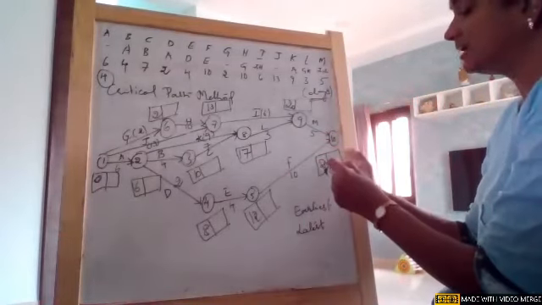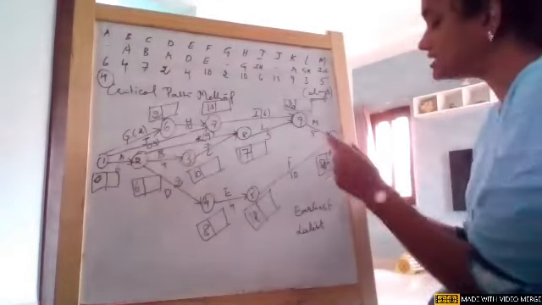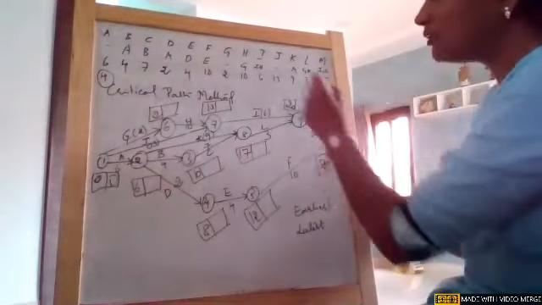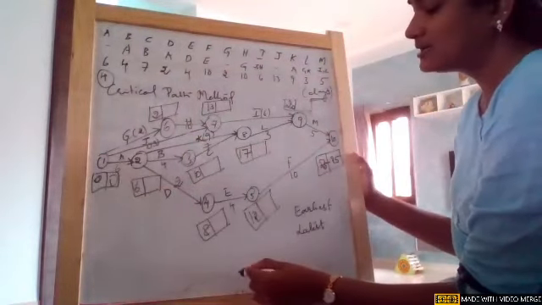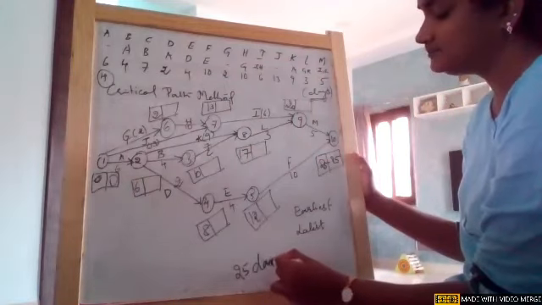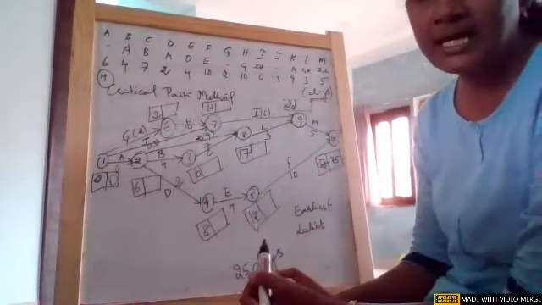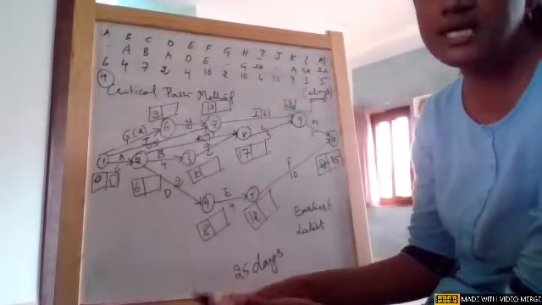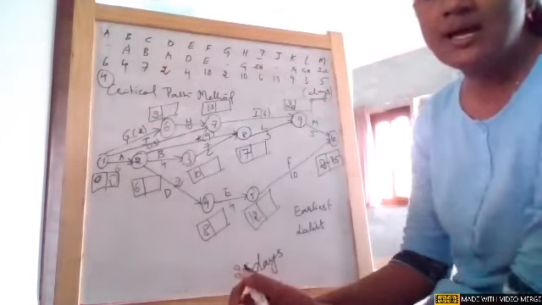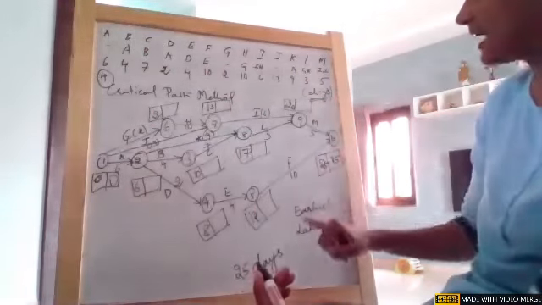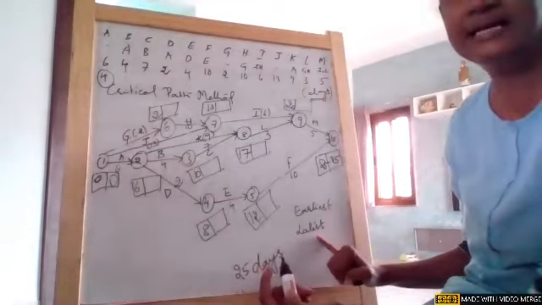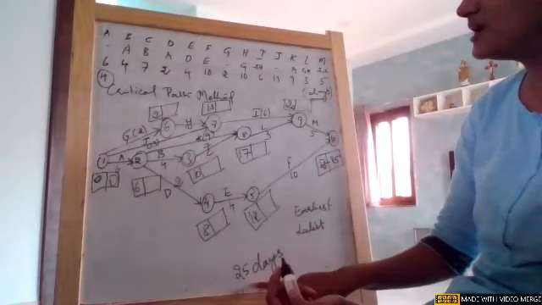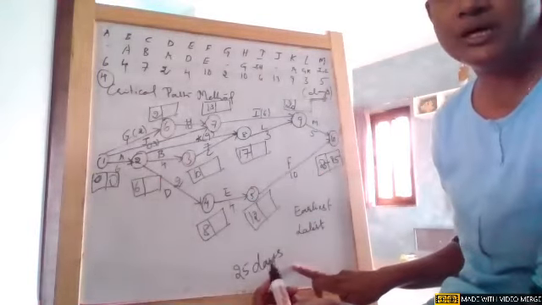So whatever is coming here as the earliest time, the first node and last node, both will be the same, girls. 25 and 25 and 0 and 0. So now with this particular thing, we can say the project is taking 25 days. They just gave different durations for each activity, girls, but there is no conclusion to say how many days the project is going to take. But according to the current scenario, when I calculated earliest times, I still didn't calculate latest times, which is the second half of the box. So the earliest time is giving us 25 days as the duration of the project.